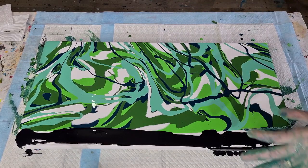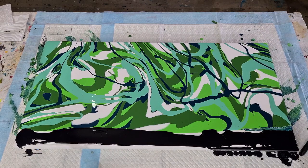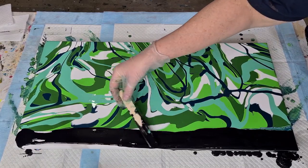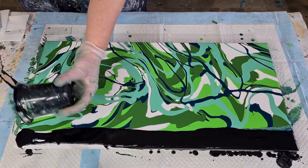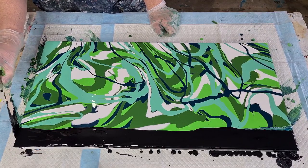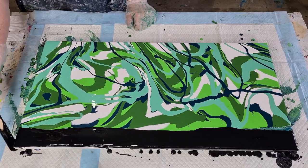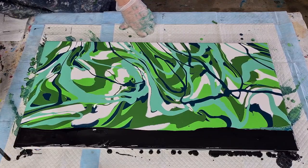And I don't particularly want cells, like I said, in this top third, so I'm quite happy for it to be a little bit thicker up here. Just getting that side bit covered. Now you can, if you want to, you can tilt this. I probably will, just to not necessarily thin it out, but just even it out so it's the same thickness. So I'll just spread it and then I'll tilt a little bit. Of course, if you're wanting cells along your whole canvas, then you wouldn't do this. You'd have colour right underneath, right up to the top. But because I don't want cells up here,